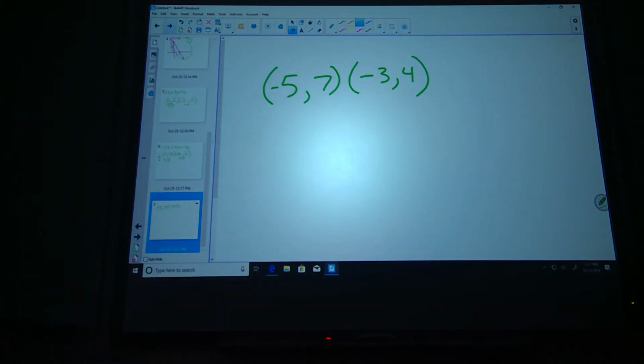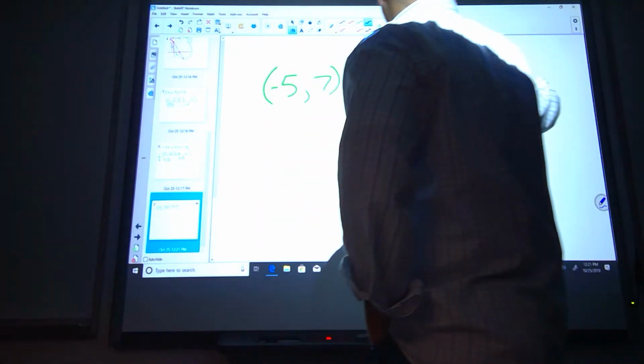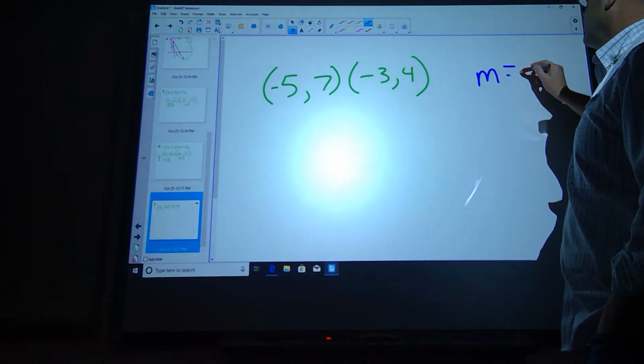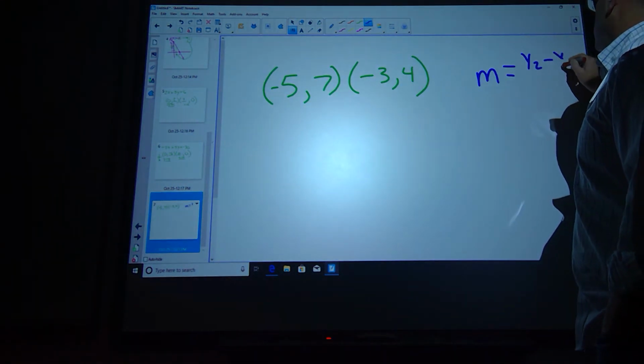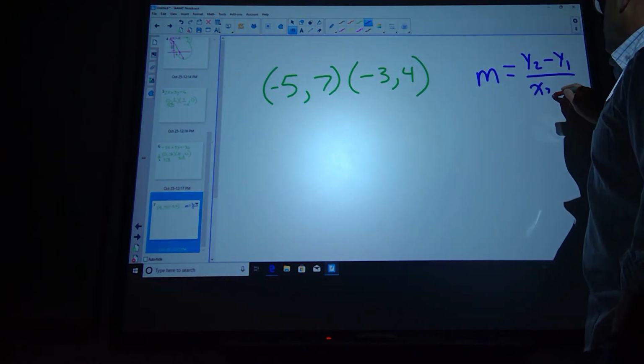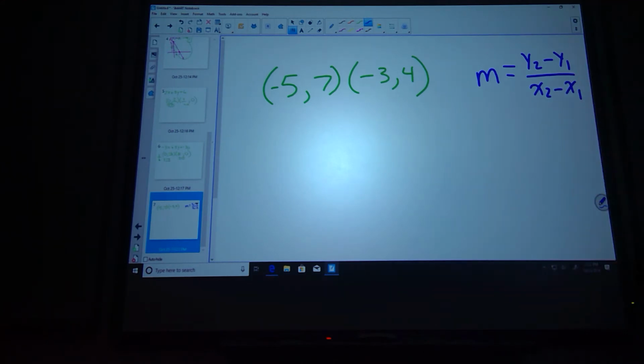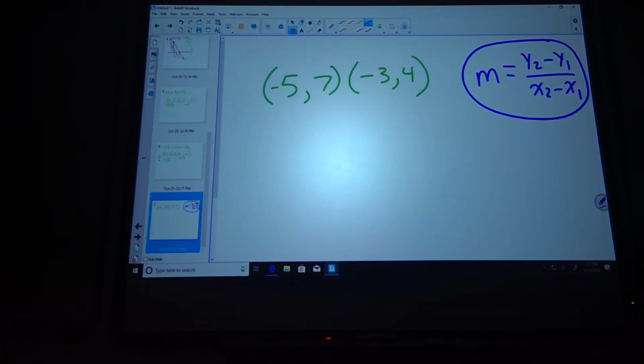So, we want to find the slope. You kind of have to keep in the back of your head what the slope equation is. Now, before some of you panic going, oh my gosh, there's so much for me to remember. I thought slope was m equals y equals mx plus b. That's slope-intercept form. So to find the slope,